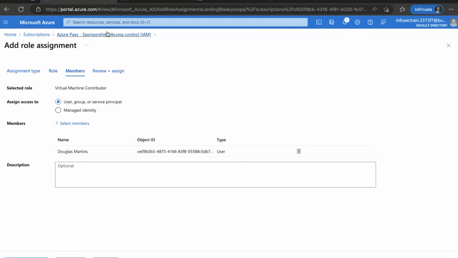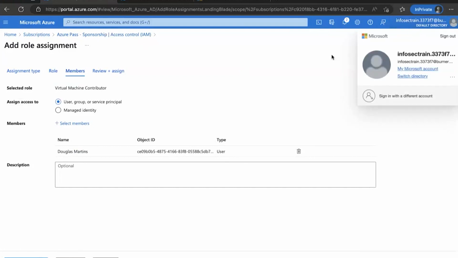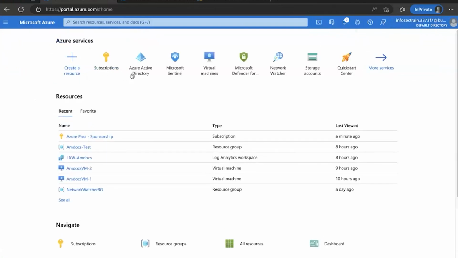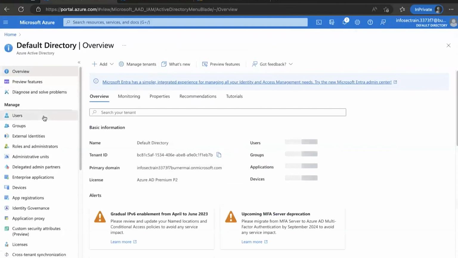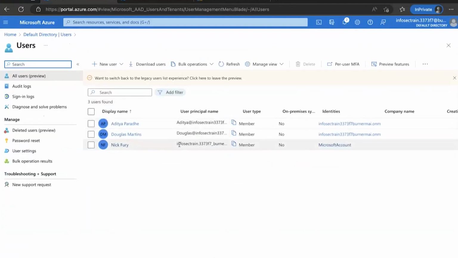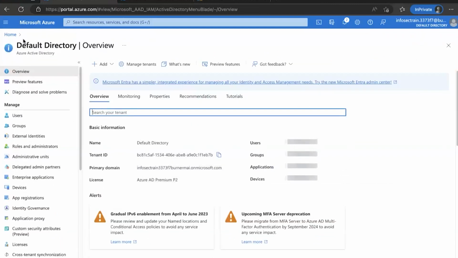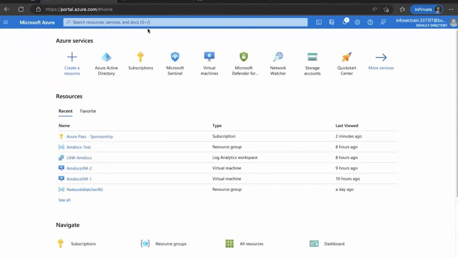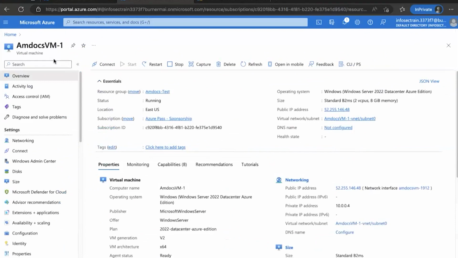Right now I'm using my main account, which is the Nick Fury user, in my Active Directory. If we see my users, this Nick Fury is my main account. This is the global admin, kind of a root or administrator account, so this user has all the permissions. If this user wants to go to this virtual machine and restart it, it can simply click restart and the machine will be restarted, because there is nothing to stop it.